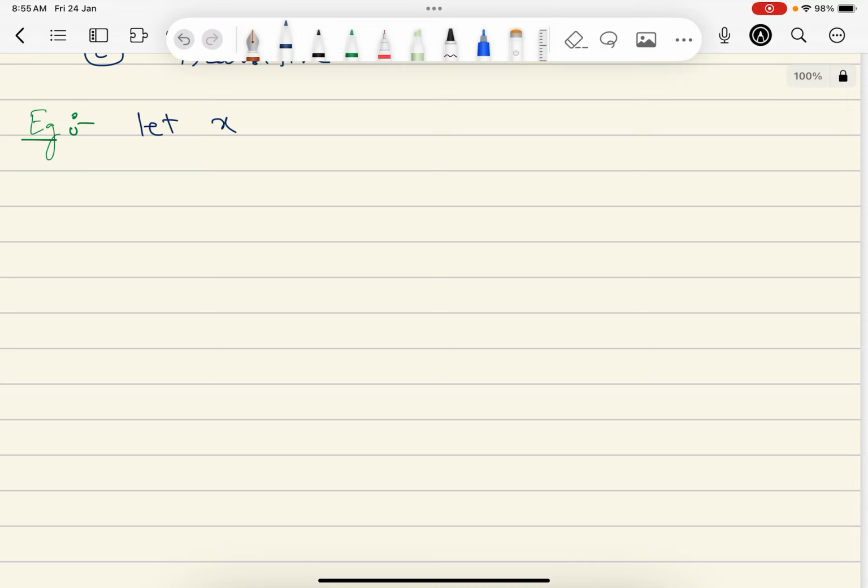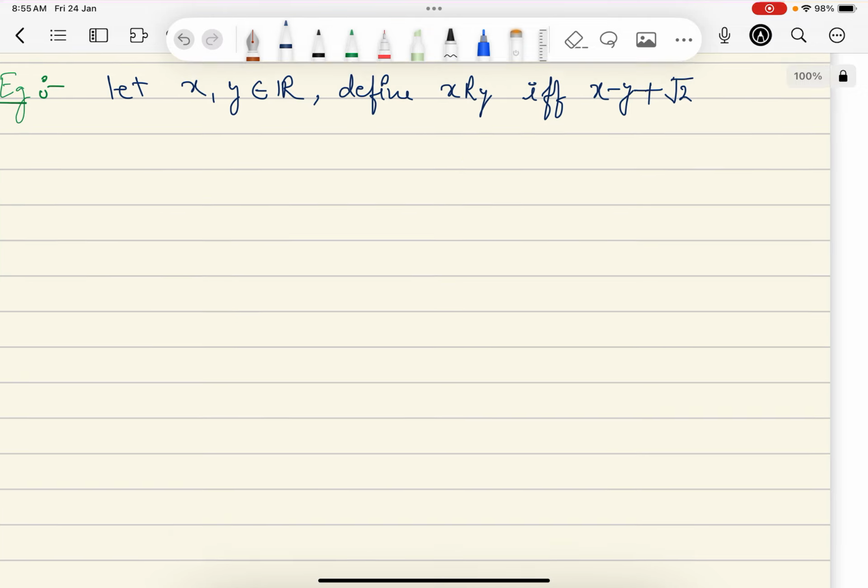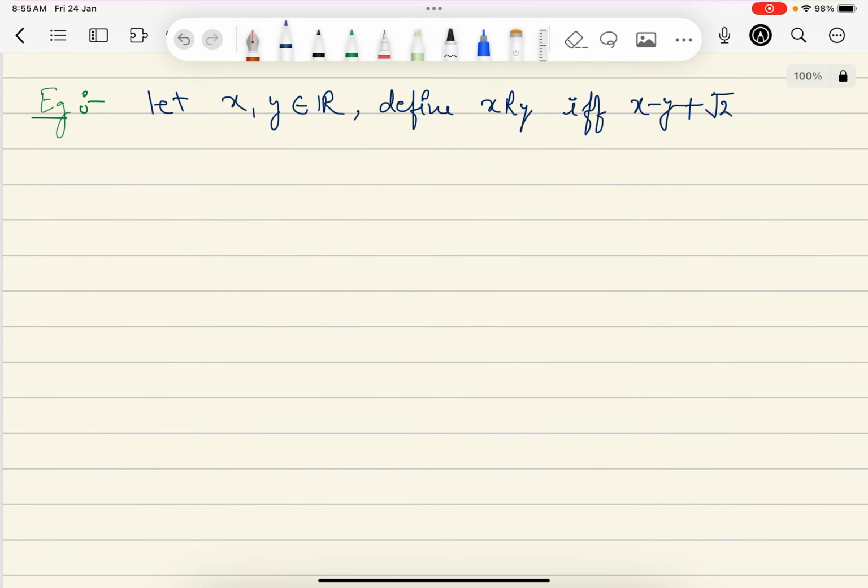Let x, y belongs to R, defined. Define x related to y if and only if x minus y plus root 2 belongs to Q complement, then R is